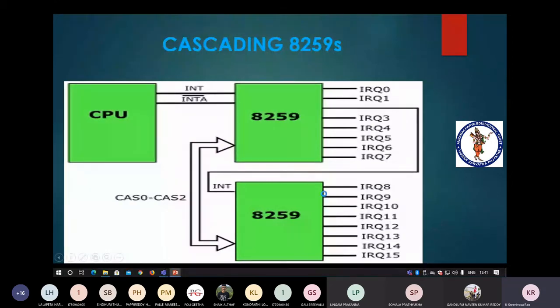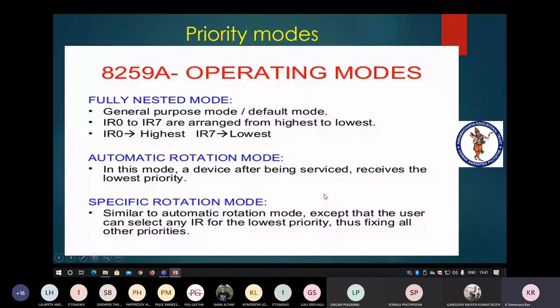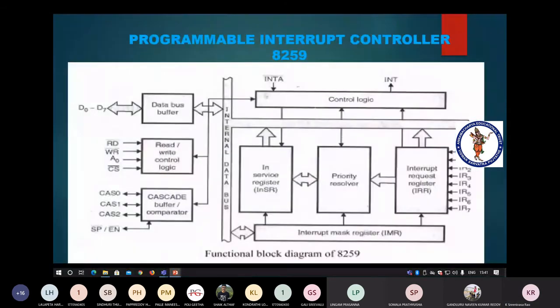Are you clear about this point? Are you clear what is the necessity of this? Chalsala, what is the necessity of the programmable interrupt controller? The necessity is when more than one device is connected to the processor through a single interrupt request line. So that is about the necessity of the programmable interrupt controller.